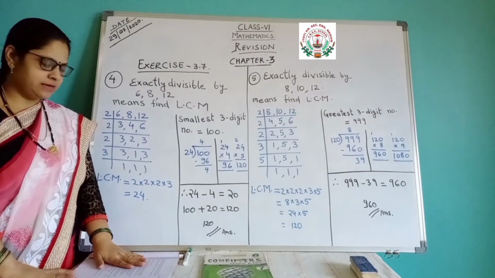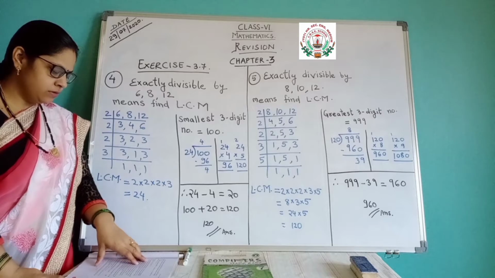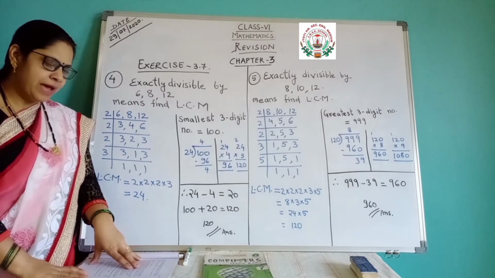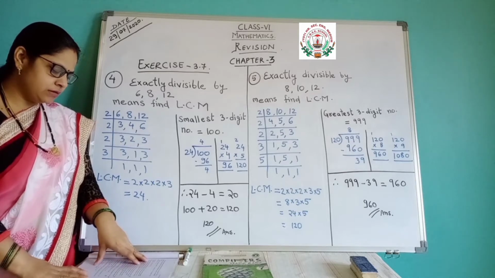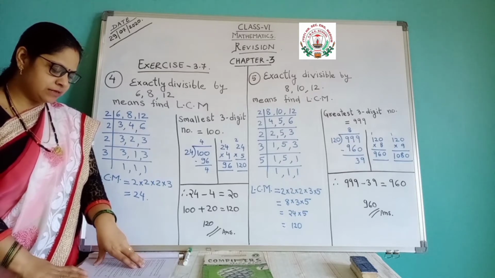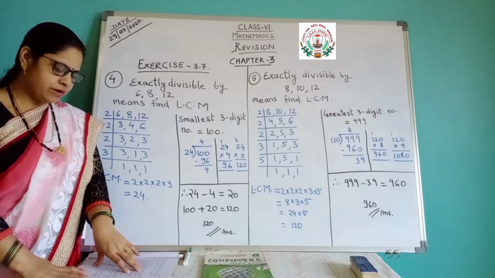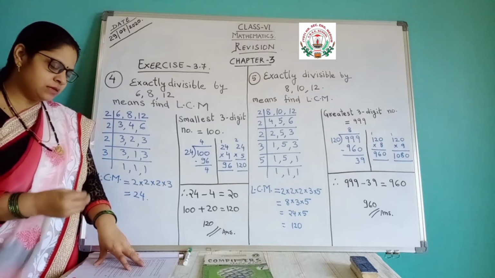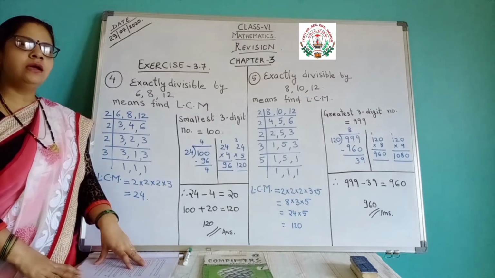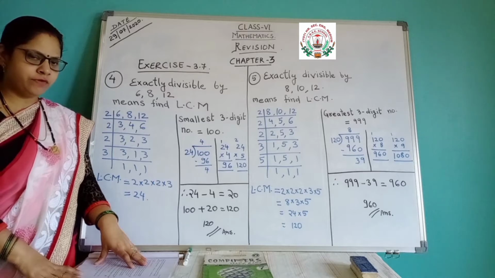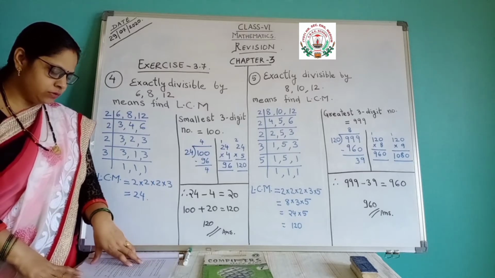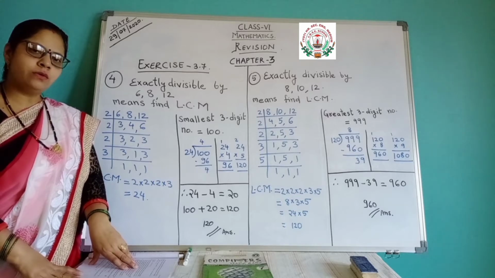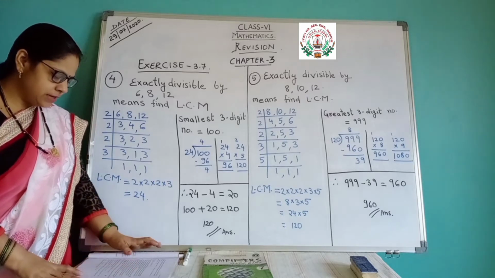Coming to exercise 3.7 now. Here you just keep one thing in your mind: when maximum is asked, like in question 1, Renu purchases 2 bags of fertilizers, and the 2 weights given are 75 and 69. Find the maximum value. Maximum means highest, so there you are going to find the highest common factor, means HCF you will find here. And like in question number 2, minimum distance is asked, minimum means lowest, so there you will find out LCM. Like that you can understand.